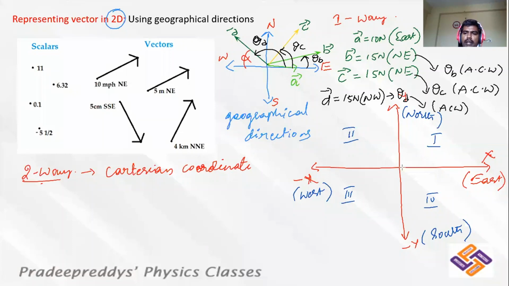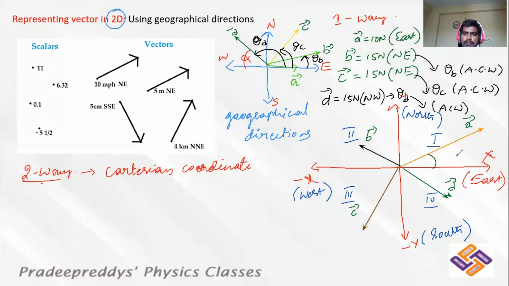So any given vector, you can represent that particular vector like this way. Say you have one vector in this way. You may have another vector in this direction. This is another vector. And you can take one more vector which is like this. You can take one more vector which is like this, right? So we have different vectors, right? Now I can represent those vectors A bar, and this is B bar, this is C bar, and this is D bar. 4 different vectors in different coordinates. You can represent them with angles, right? And those angles should be treated always in anti-clockwise direction.